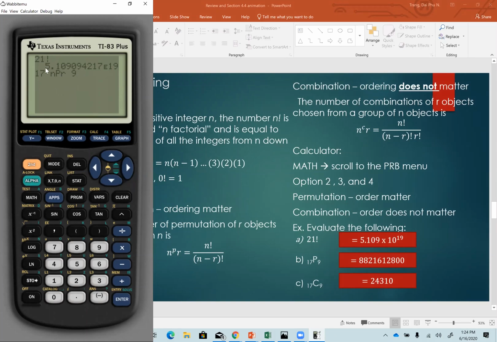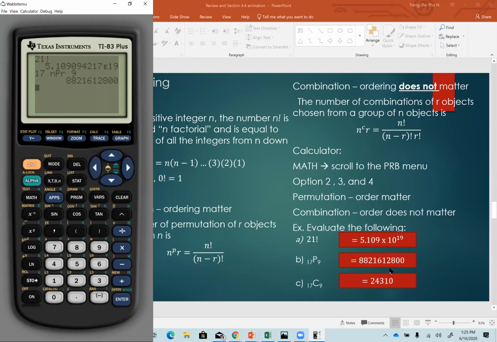One thing, as you will see later, if you have one big number and one small number, your N will always be the bigger number, because there's no way you can choose 17 items from a group of 9. You can only choose 9 items from a group of 17. So your total, your big number, will always be first. Make sure you type the first number first, choose the NPR, and then choose 9. Everybody see that this is my answer,